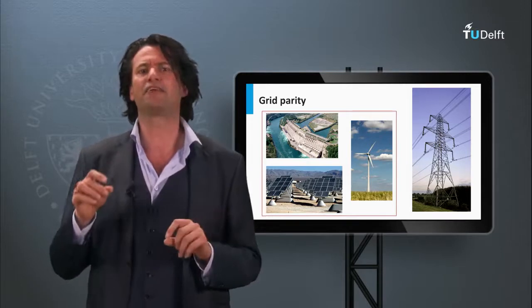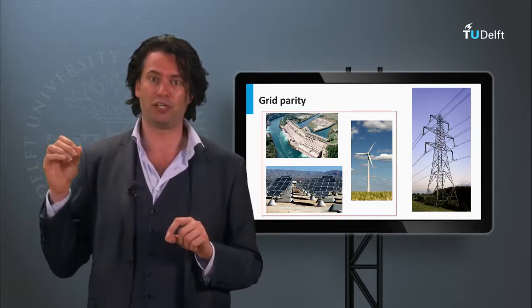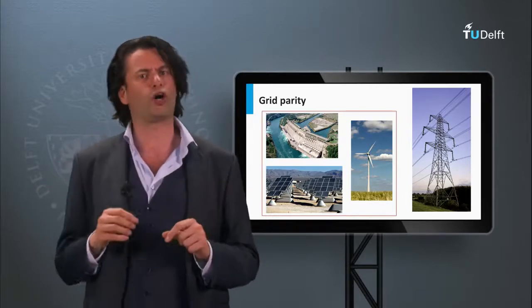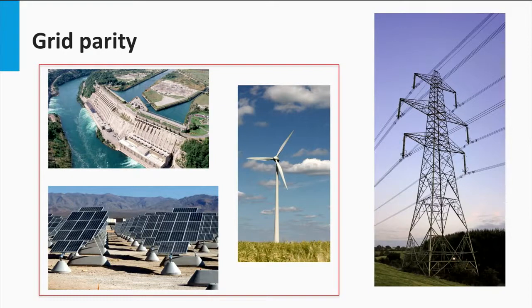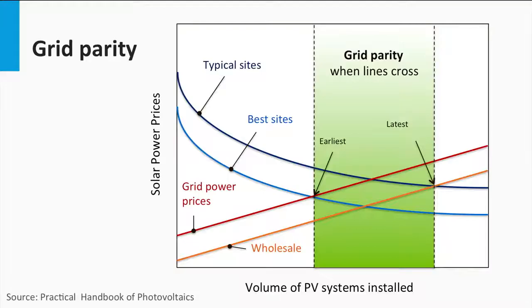But there is one significant difference between PV and other renewable technologies like wind turbines or hydro dams. Compared to these other sources, PV can be scaled down to the level of a single module. This means that the PV power is now effectively competing with the retail grid price, which conventionally includes other costs like transmission, distribution, etc. Therefore, compared to wholesale price, PV grid parity for retail grid prices can be reached faster, as shown in the